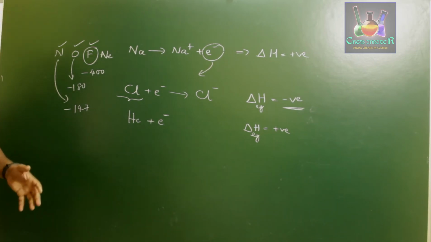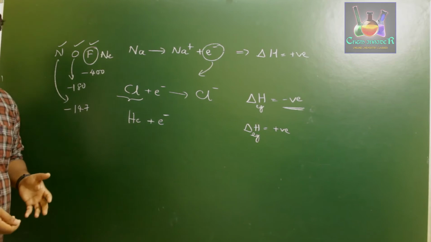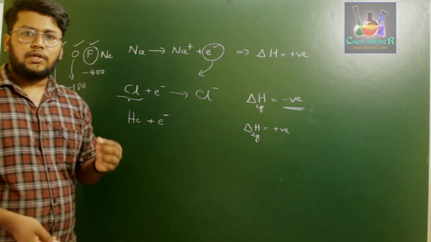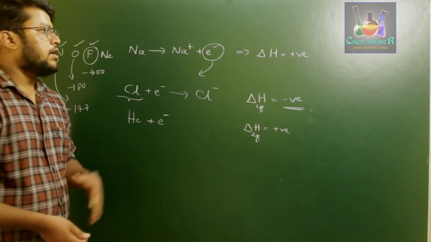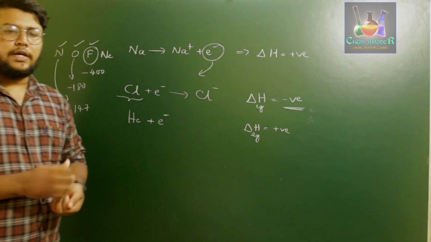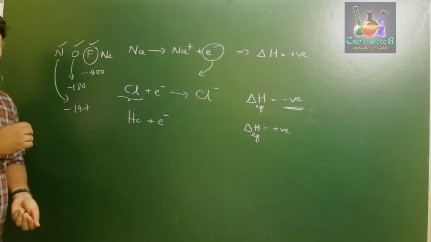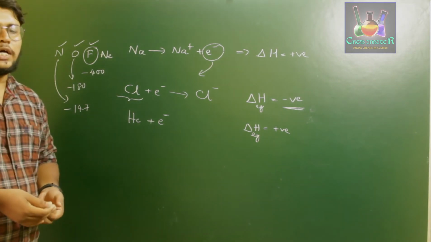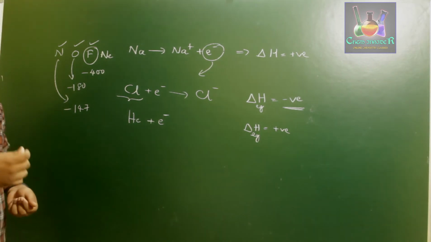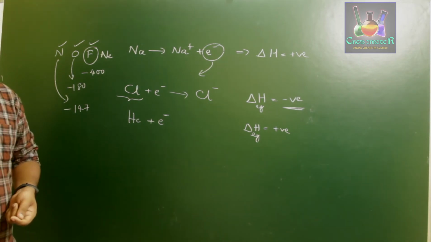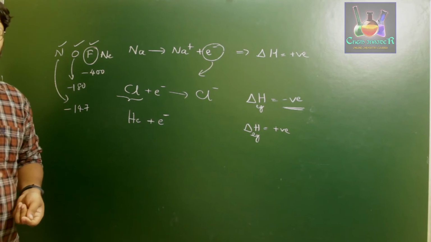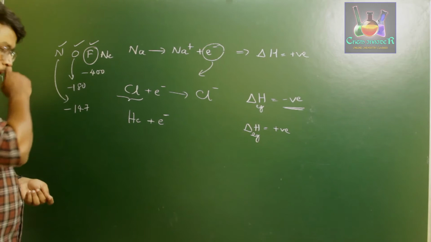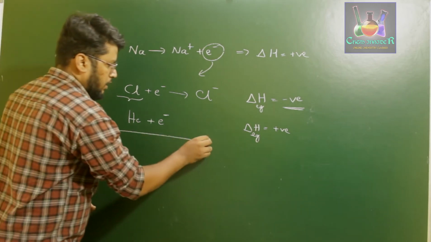So electron gain enthalpy of a neutral gaseous atom is nothing but the energy released by that neutral gaseous atom when an electron is added to it. Now, the trend of electron gain enthalpy across the period and down the group is quite similar to ionization enthalpy. But what happens here is, whenever you are adding an electron to a neutral gaseous atom, if you are considering across the period,